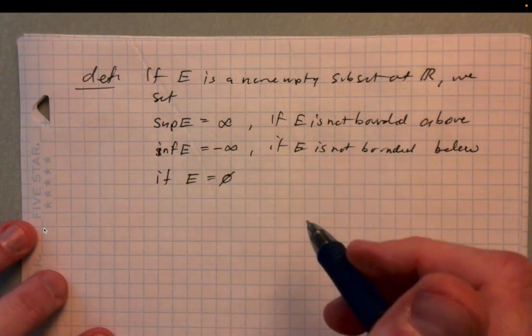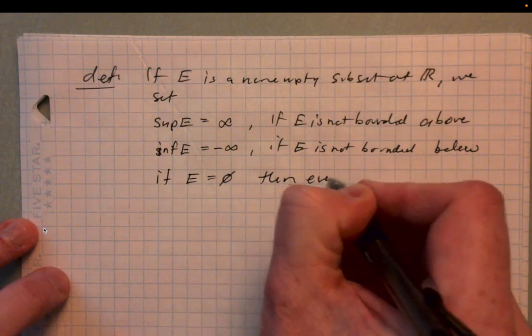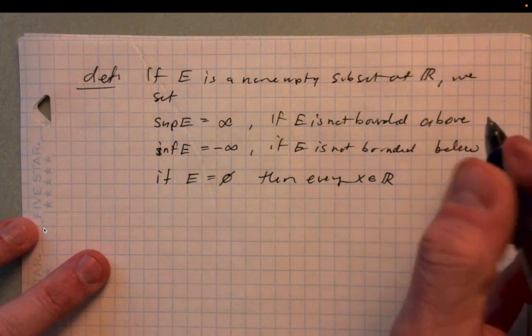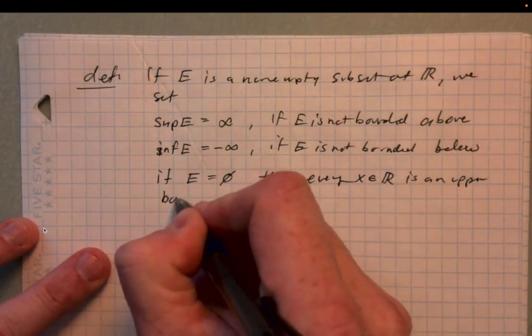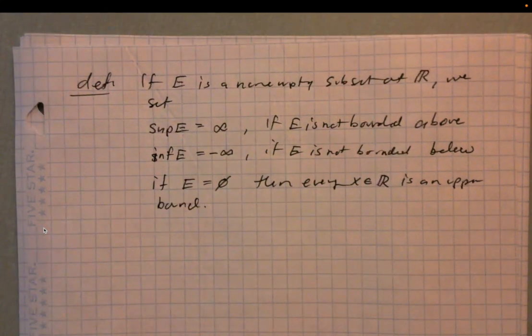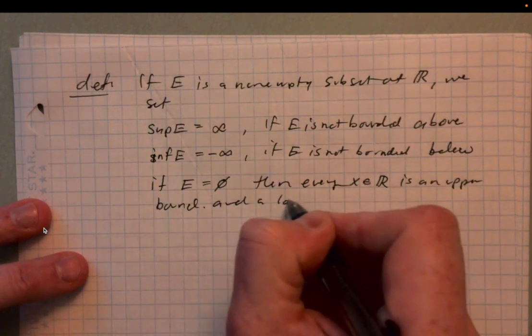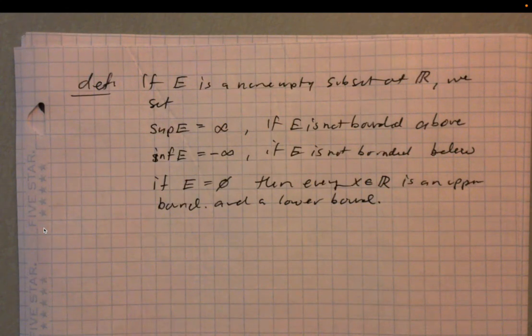If E is the empty set, then every x in R is an upper bound, and every x in R is a lower bound. So if every x in R is an upper bound and every x in R is a lower bound, we would say